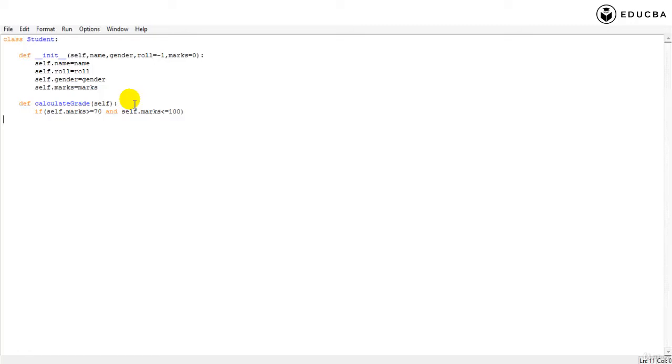Okay, if that is the case, then of course you don't need all this. If that is the case, then can I say I return your grade is A? So you return an A grade. Elif self.mark is greater than or equal to 60 and self.marks is less than 70, I'm going to say return